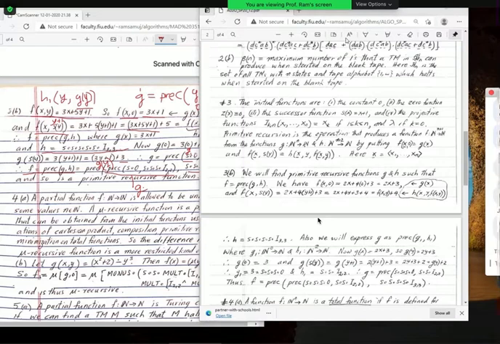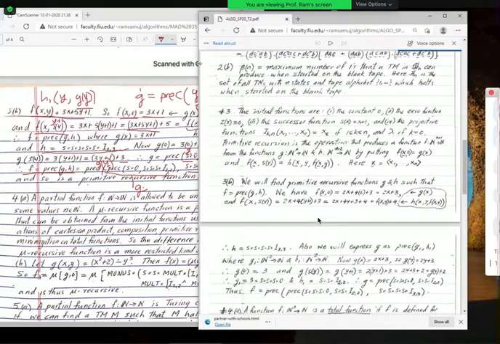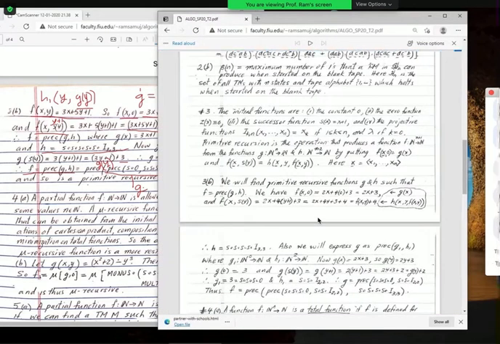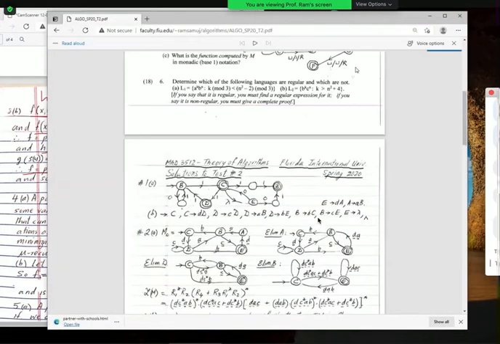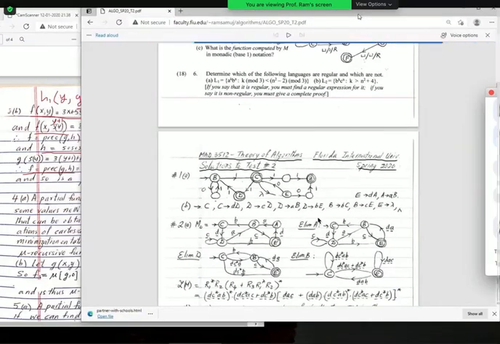I don't know why this thing is not helping me. It's balking. Okay, it refuses, something is wrong with the computer, because you can see on my screen there is,